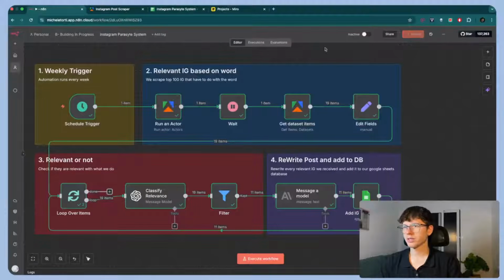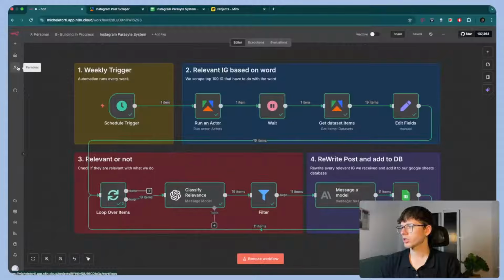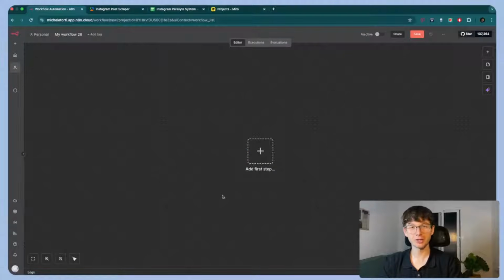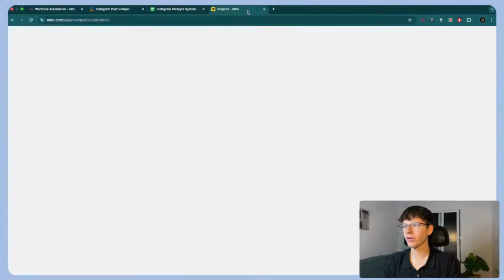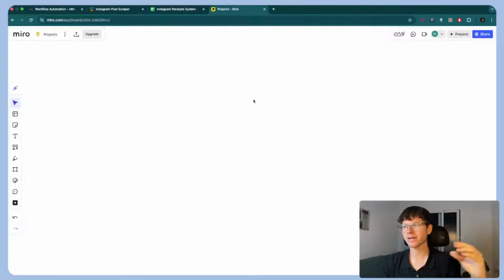So now let me save this. Let me make a new automation. All right, we start from scratch. And again, the first step of always building the automation is not actually building it itself. It's going on Miro to map things out, to break it down step by step before we actually go out and build it. So if I go here, I always look at an automation as an input